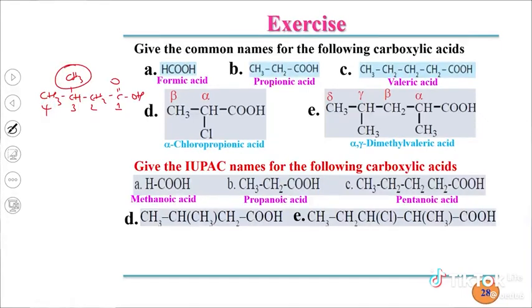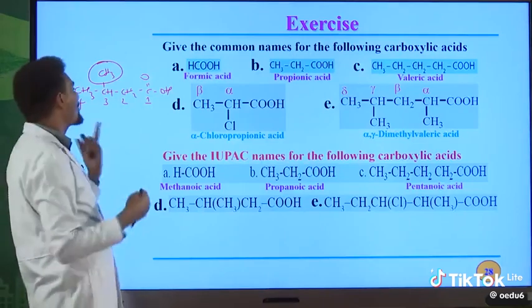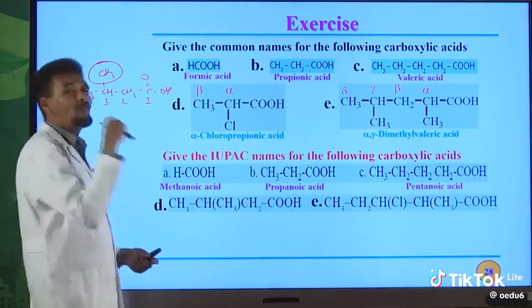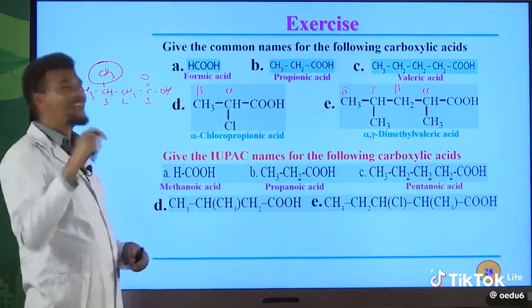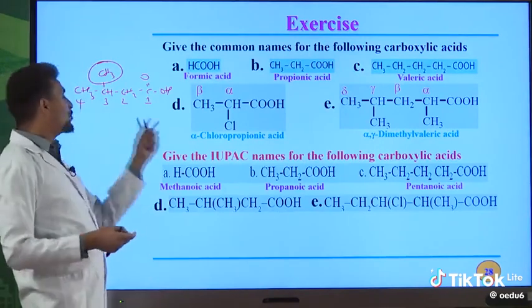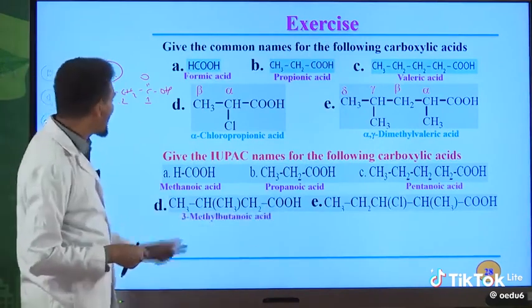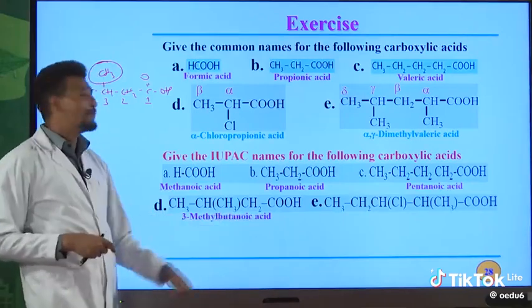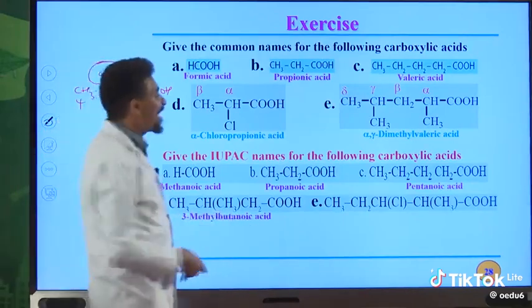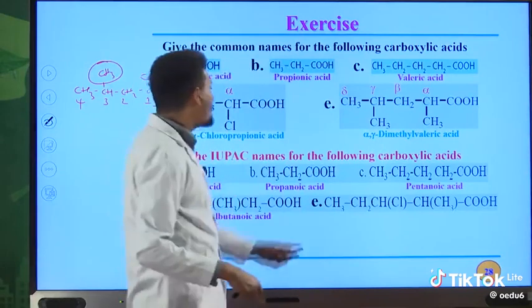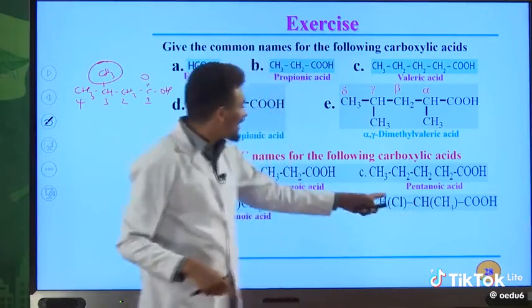Therefore, 3-methyl. An alkane that contains 4 carbon atoms is butane. The E of an alkane must be replaced by oic acid. So 3-methyl butanoic acid is the IUPAC name for this compound. Similarly, for this compound, we have a methyl group on the second position and a chloro